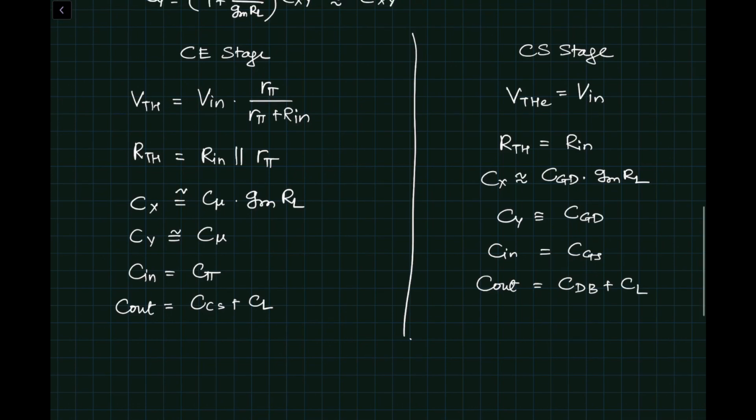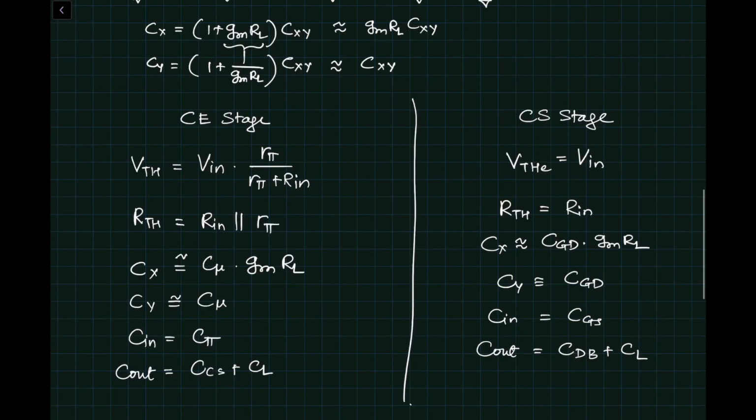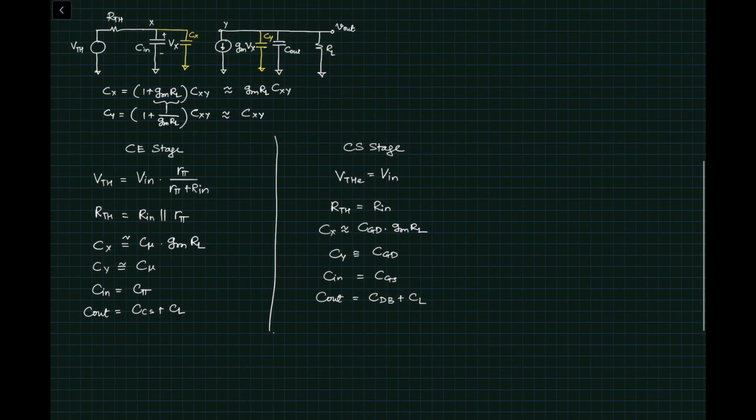What we are trying to do is use a common circuit for both the BJT as well as the MOSFET amplifier so that we don't have to do the analysis again and again. This draws out the similarities between the two circuits. There are only two nodes in the circuit, node X and node Y, and you are seeing a resistance and a capacitance to ground from those nodes. Using this, we can quickly figure out the poles. There will be two poles.